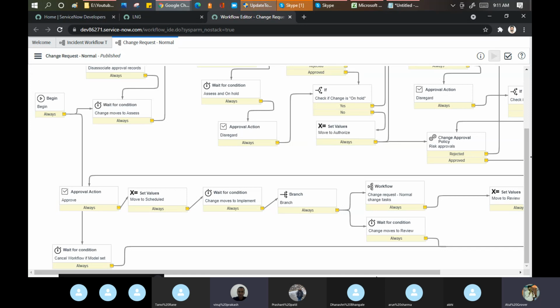I'm not going to explain everything. I'll pick up only 2 points here because the rest of the things you already know. Wait for condition is nothing, it is just a core activity I added here. If change is on hold, what to do?